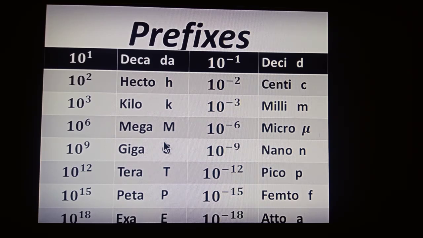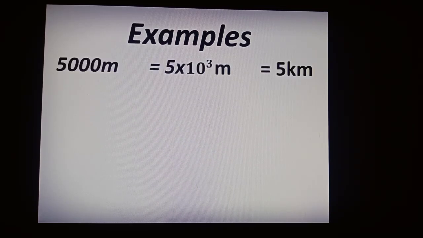At the end, let us make our concept clear by considering a few examples. First example, if we are having a length of 5000 meter, we can write it generally like this: 5000 meter. Now to write it in scientific notation, we will move the decimal, it is at the end, after first non-zero digit here, and since decimal is shifted 3 places to the left, the power of 10 will be 3. So I can write it as 5 into 10 raised to the power 3 meter, or using prefix